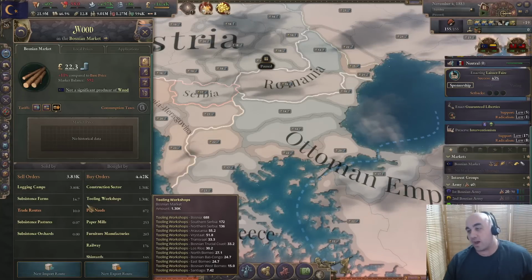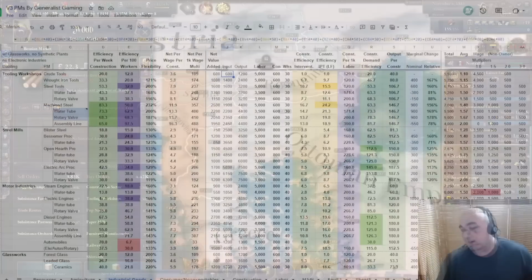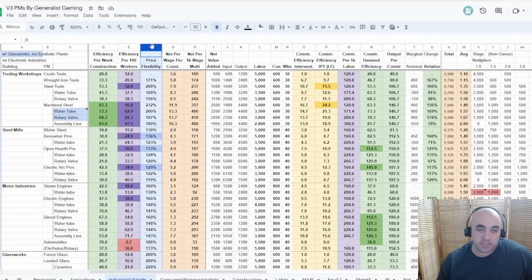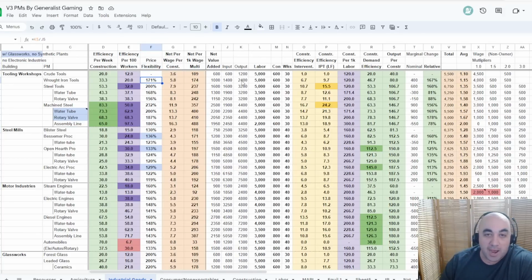This doesn't offset the effect that we are increasing the efficiency of every single PM, because PMs are just generally efficient. If we jump into the browser yet again, a lot of the PMs, if we take the efficiency number, which is, if we take a look here, where is the efficiency? This is price flexibility, the efficiency number. This is achieved by dividing the output by the input. Most of these are efficient enough that this number is so high that the money deletion effect by having more